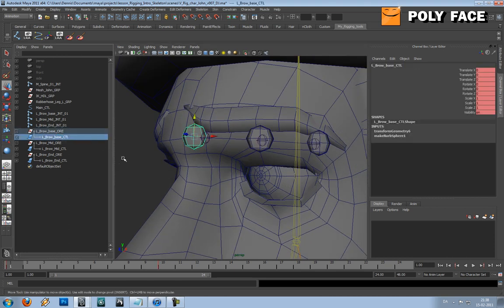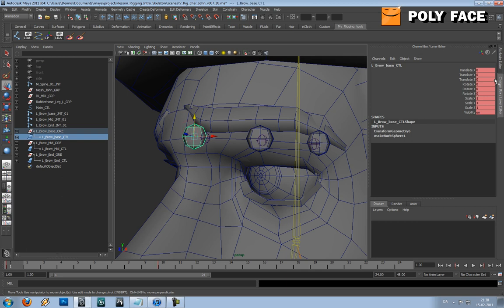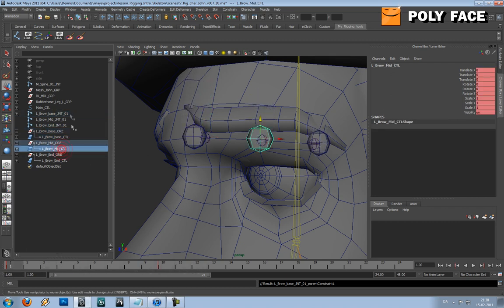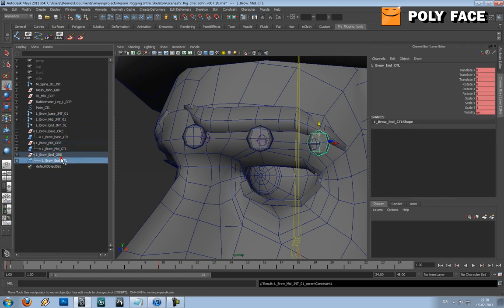Anyway, I am now gonna select the controller, and I'm gonna select the first joint in the first frame where the controller should be zeroed out when you're doing this. So I'm gonna select the controller and the joint. I'm gonna go to constrain, parent constrain. So this means that you can see on the animation the joints are following the controller. I'm gonna do that for the second as well. And if you select the controller first and the joint and you press G, it will repeat the last command you did. So this means that it's gonna parent it to the joint. So I'm gonna do the same thing for the last one,